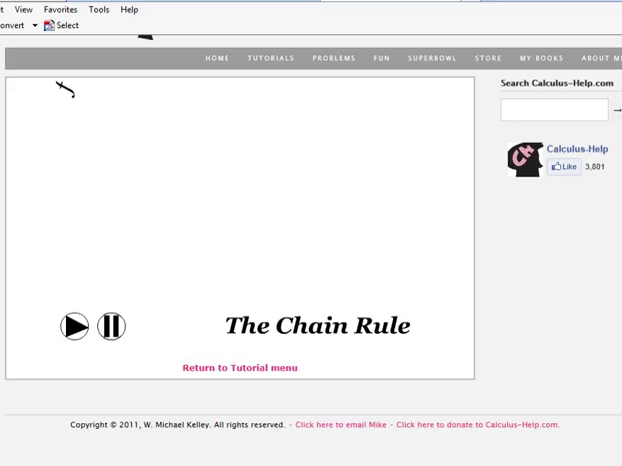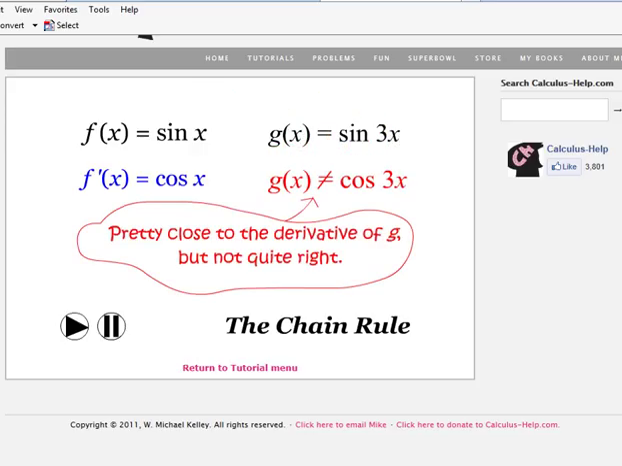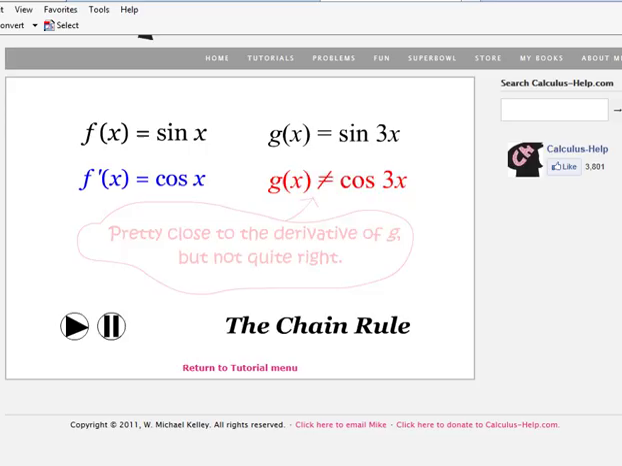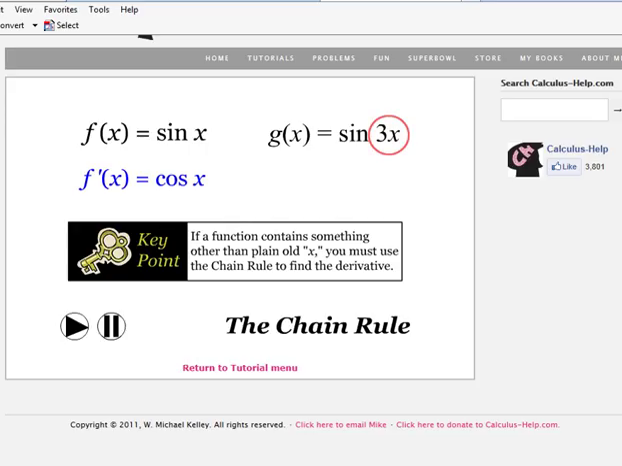If you're going to try to find the derivative of sine of x, you probably know already that the answer is cosine of x. However, if you want to find the derivative of sine of 3x, well, let me tell you something, it's not cosine of 3x. It's close, but it's not quite right. The problem is that there's a 3x inside that sine instead of just a plain old x. You see, whenever a function contains something other than just plain old x, you need to use the chain rule